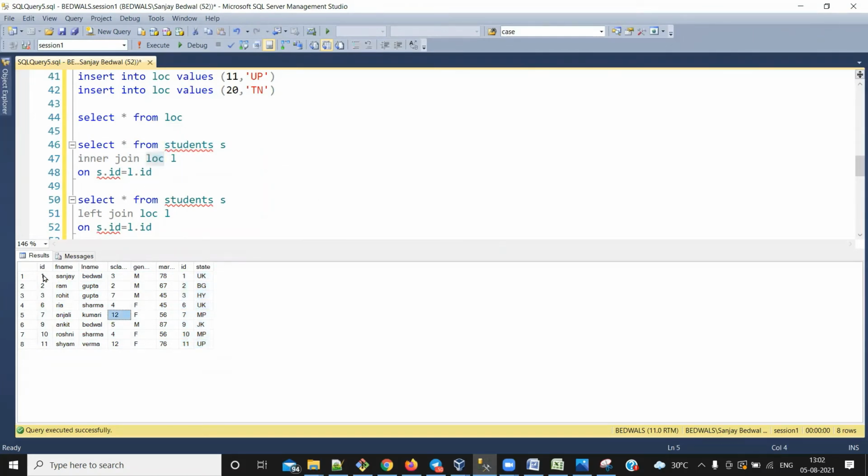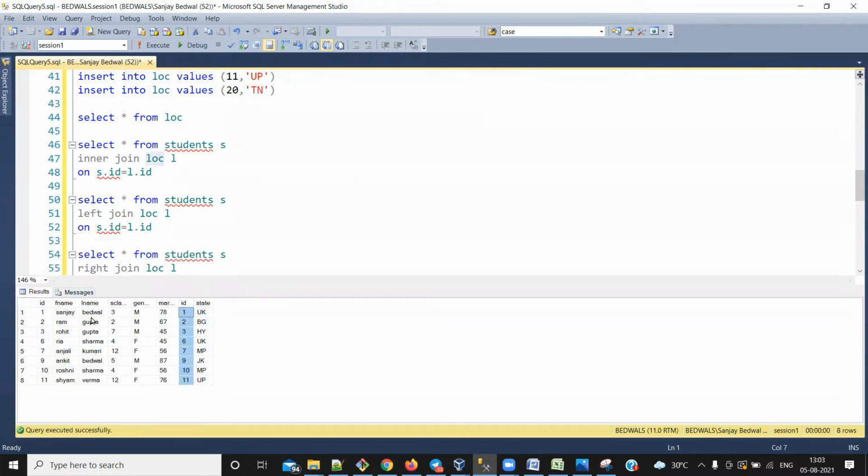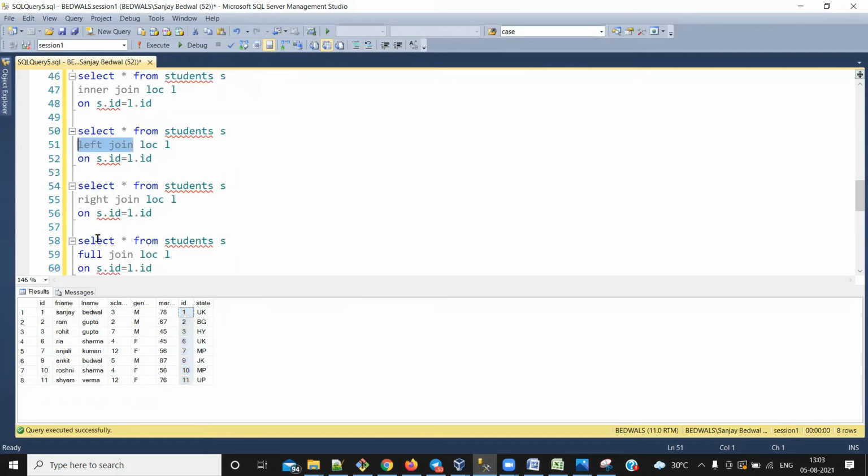And if you can check over here that these IDs are perfectly matching, that means inner join will give you the matching rows only, right? So what about non-matching rows? If I want to get them printed as well, then we have an option of left join, right join, or full outer join, right? You can say left join or left outer join, no issue. Right join, right outer join, full join or full outer join, right?